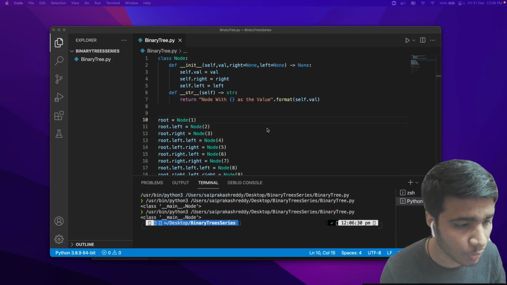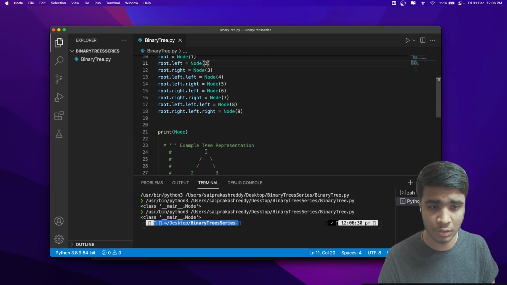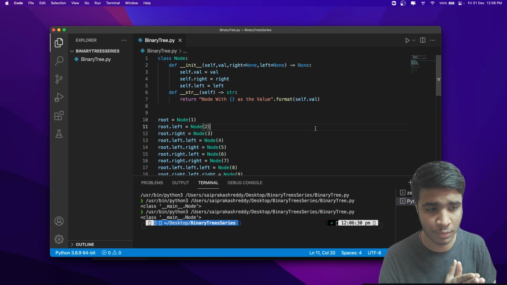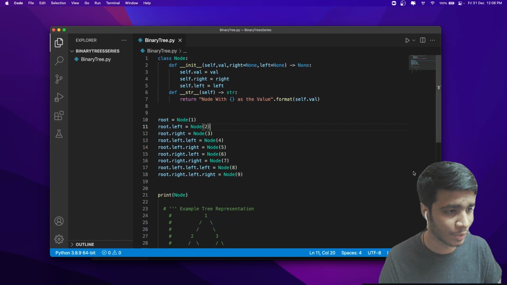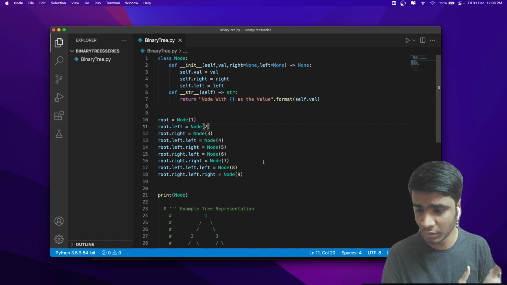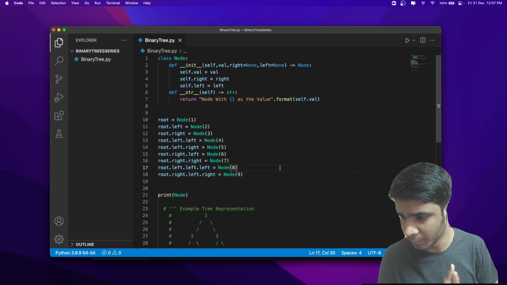So that's how you would create a node, and I will be using this template in order to solve all these questions. I hope you understood how to create this binary tree. Try to code it yourself and see if there's anything that is bothering you. And once you are ready, let's move on to the next section.